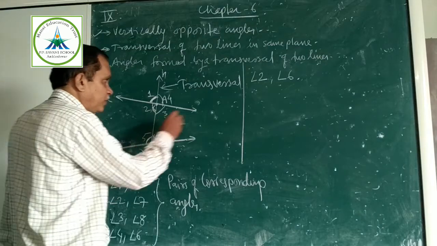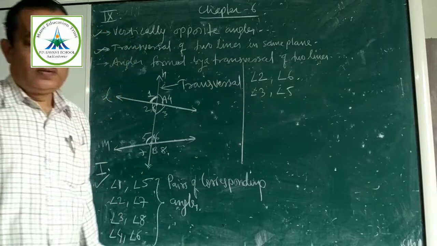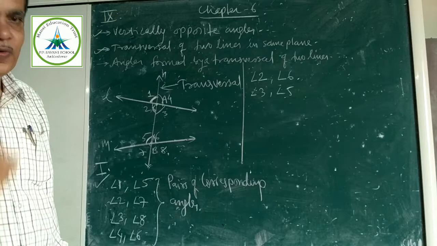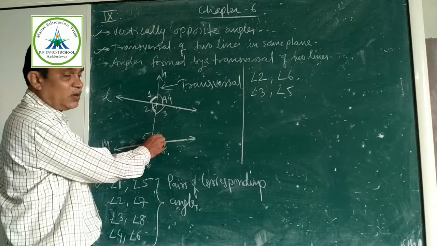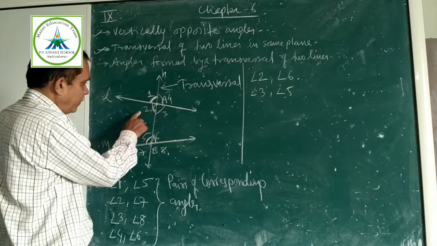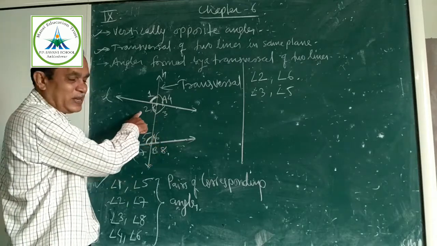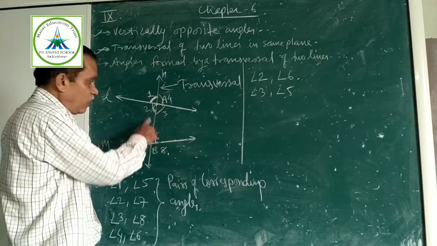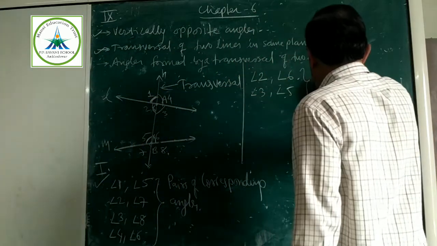Any more? No. Only these two. See? Angle 2 and angle 6 are both between these lines and on opposite sides of the transversal. 2 is on the left side, 6 is on the right side. And it is not linear. It is alternate. So, all alternate interior...